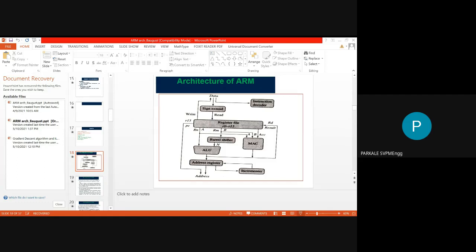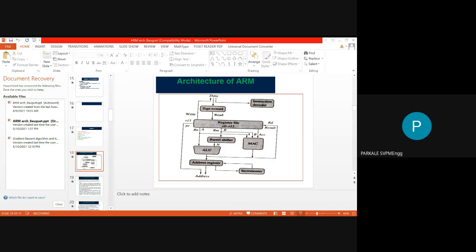So data may be of two types. One is called the actual data, and another is the instruction data, or mnemonics. So this is called a mnemonic. At this point, the entry point of this architecture, if this is data, it is directly given to the sign extend hardware, whereas if it is an instruction, it is directly given to the instruction decoder.